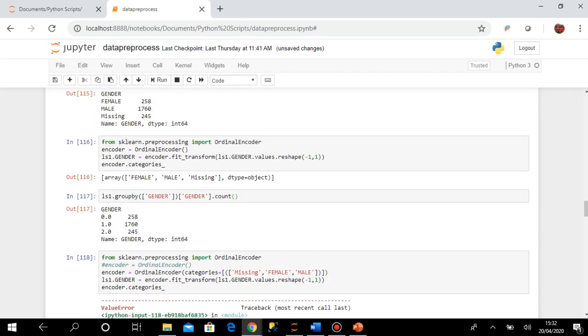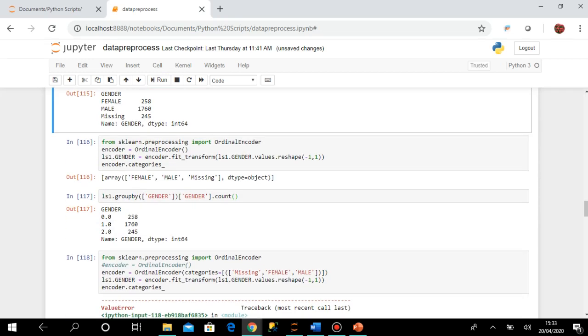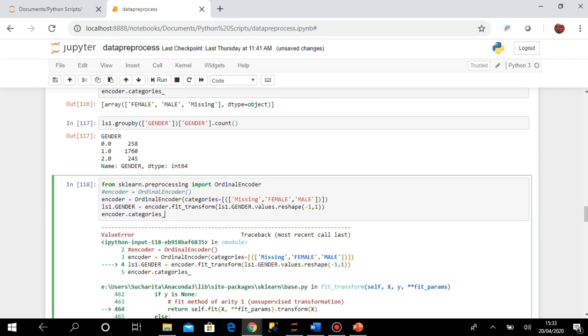So let us first copy it again. Okay, so I have these values. Now let me execute this.